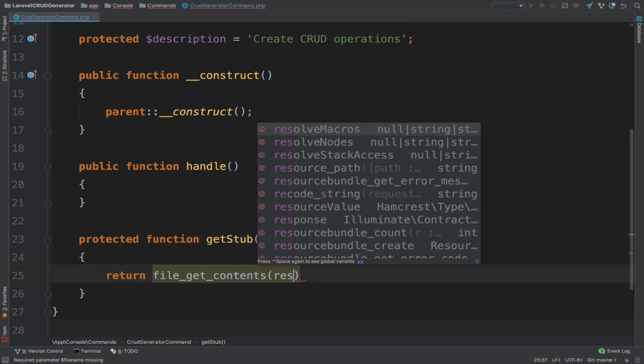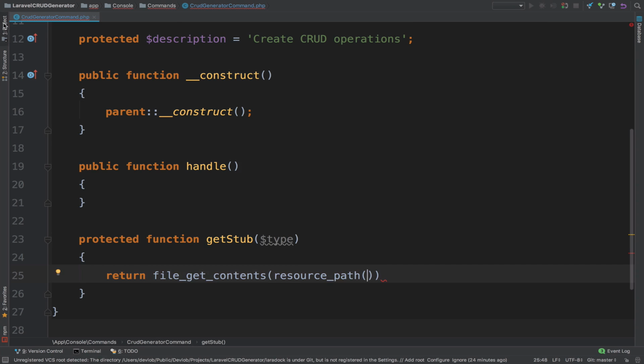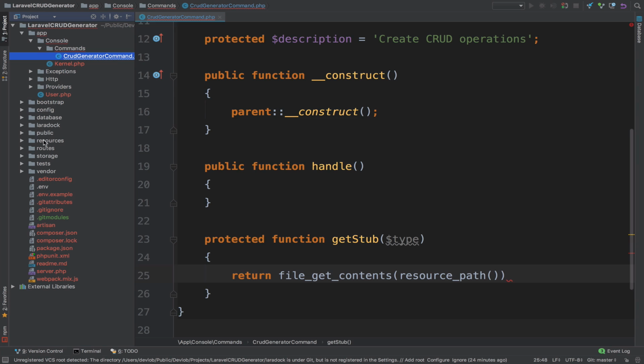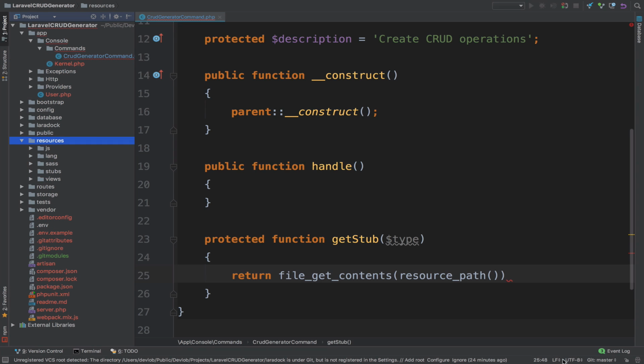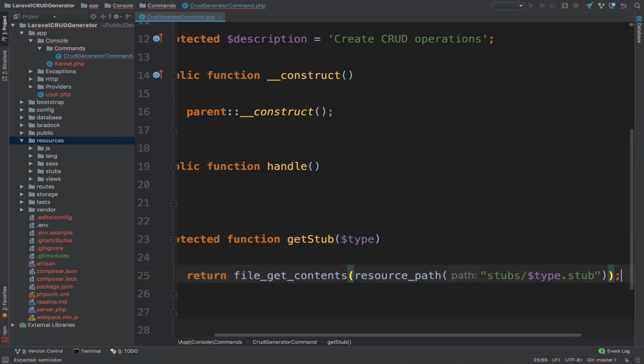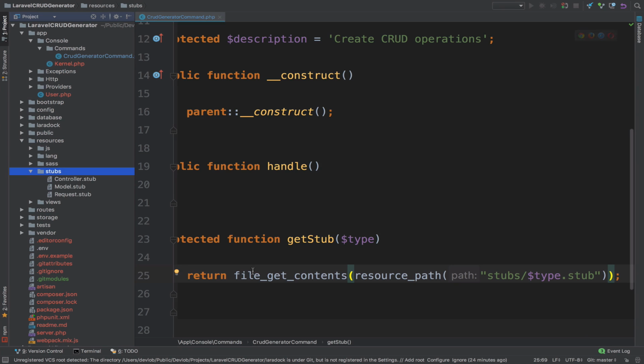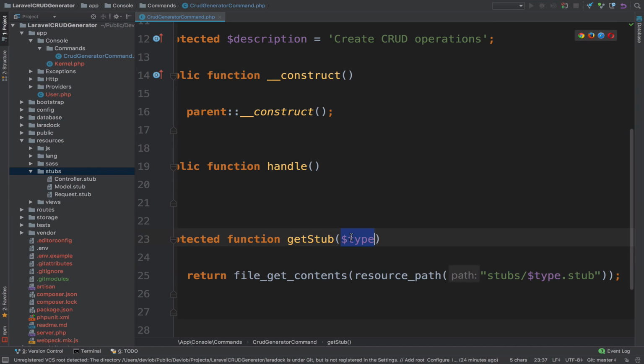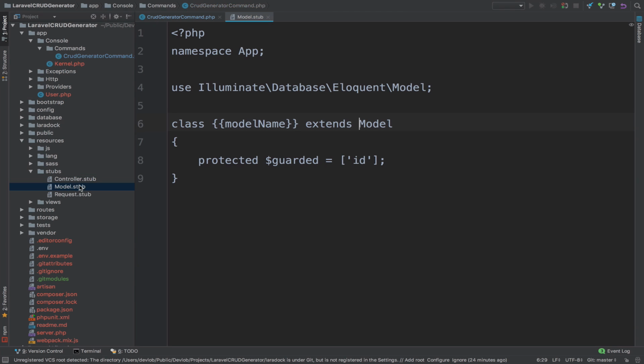We pass the resource path, because remember, the stubs directory is inside the resources. So we pass the resource path, and then we have stubs, and then we have the type.stub. For example, if we want to get the model, we are going to get the files, and we are going to go inside stubs, and we are going to use the type, which is model.stub, and this will return this